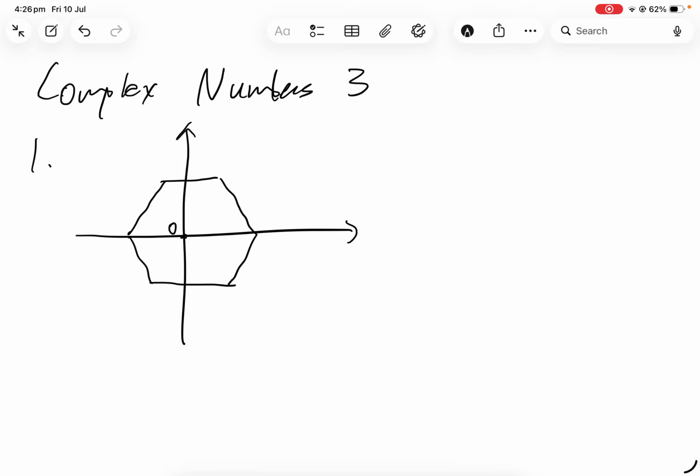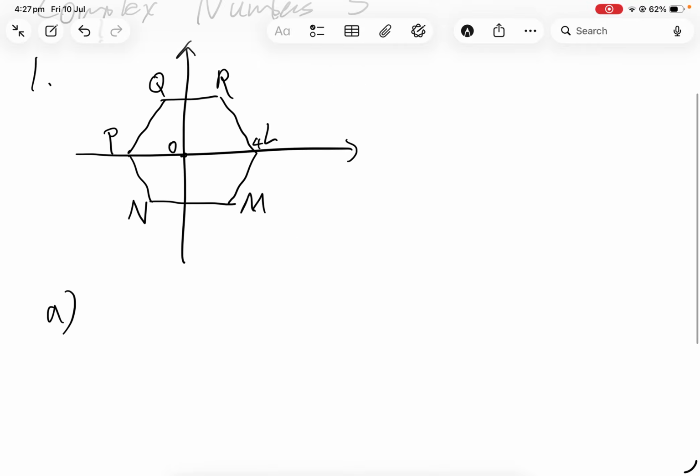Because L is 4, this must be 4, and this is L. Then going clockwise, M, N, P, Q, R. Center O. And then part A says to indicate in the diagram the region in the hexagon